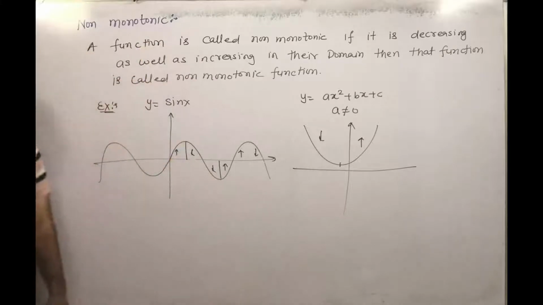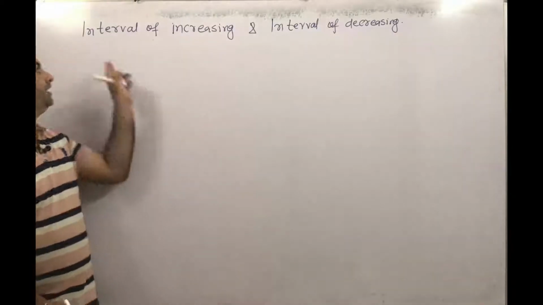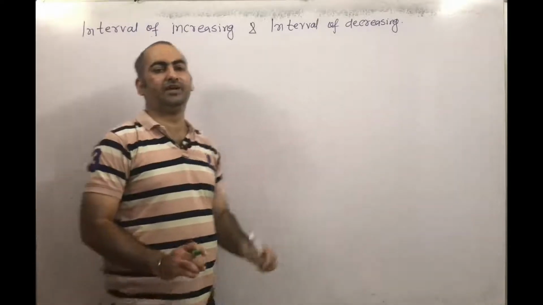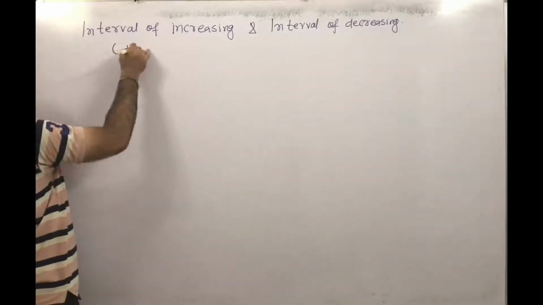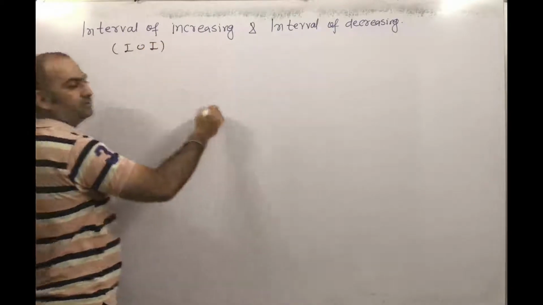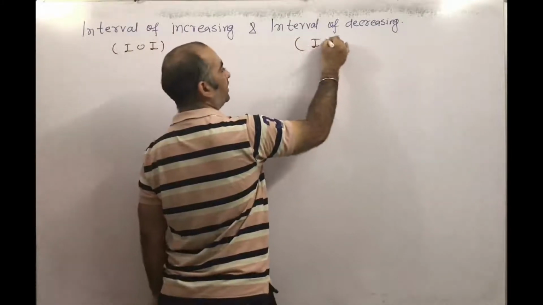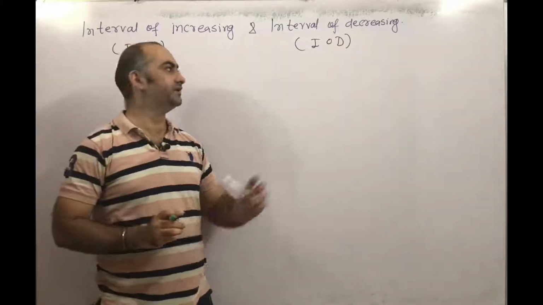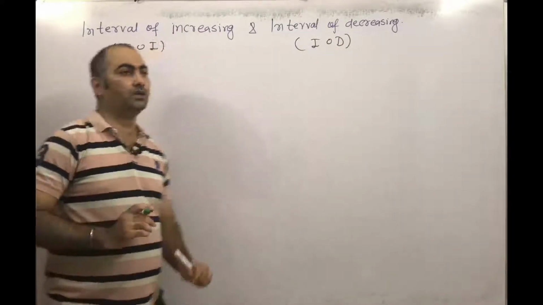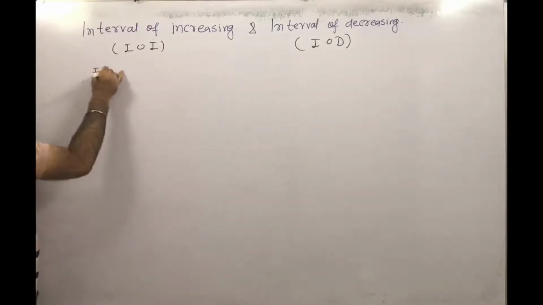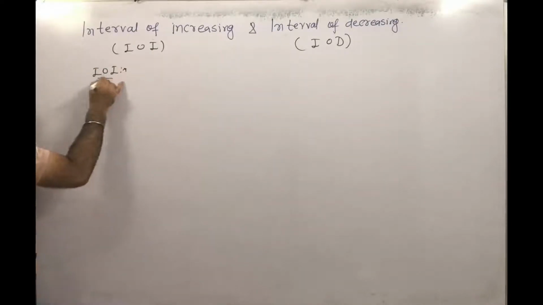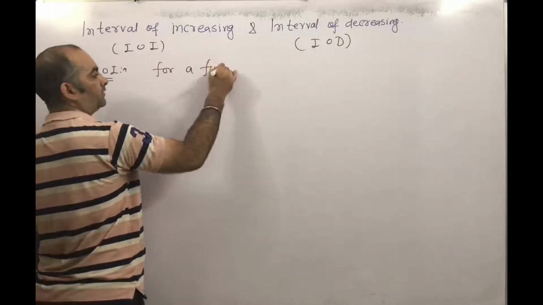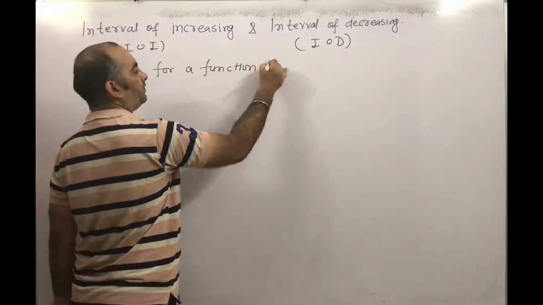Okay. Next we are discussing interval of increasing and interval of decreasing. In short, we can write this one as IOI, interval of increasing, and this one as IOD, interval of decreasing. So what is interval of increasing and what is interval of decreasing, that we are discussing now. So first we are discussing IOI, interval of increasing. Okay, for a function, interval of